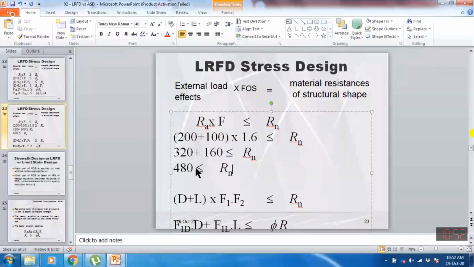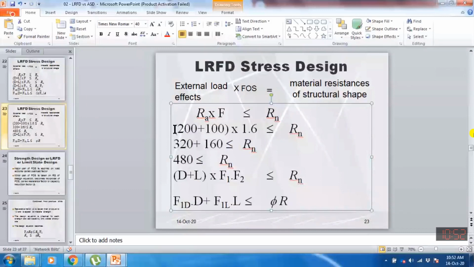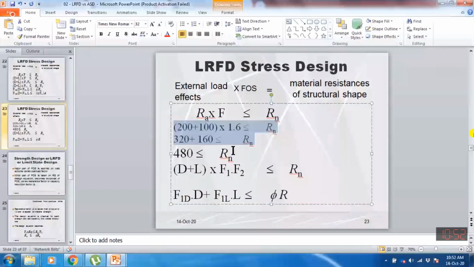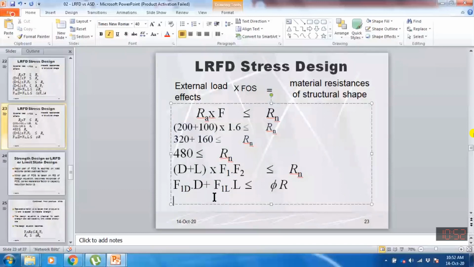If I have considered the same load, but here, if I'm using this LRFD method, it means I have to use 1.2, multiplied by 300, plus 1.6 multiplied by 100. So total load will be,